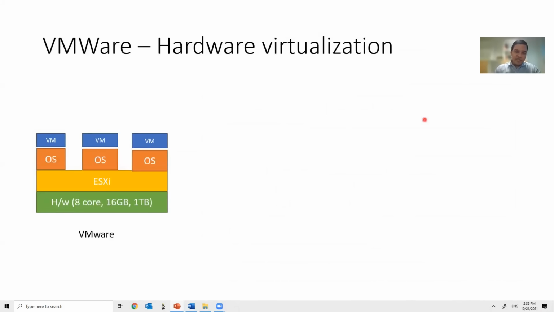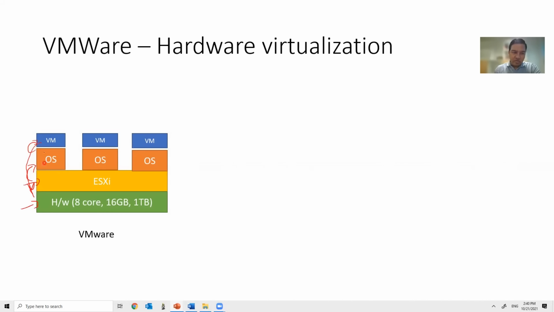So you have seen VMware, right? Now in VMware, you see we are installing this hypervisor ESXi, and this is the hardware, right? And this is a hypervisor, on which we have to put an OS, and then the VM is created. In this case, anything which the VM needs, it has to go to the hardware. Means it has to ask here, and then